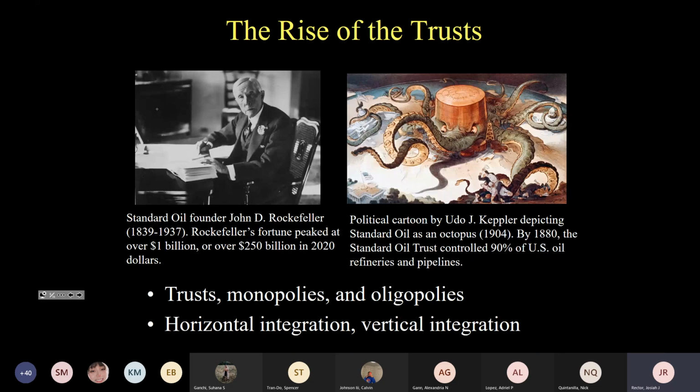So people like Morgan, Carnegie, Jay Gould, JP Morgan, I already said his name, but the Vanderbilts, these people were often derided as robber barons, which is kind of an analogy to European aristocrats. And there was a genuine fear about the consolidation of their power. There's a political cartoon by Udo Keppler on the right side of the slide, and it depicts Standard Oil as an octopus, which is sort of reaching out its tentacles to control more and more of the nation's economy. You see it's got its tentacles wrapped around the US Congress, and it's covering all of this territory.